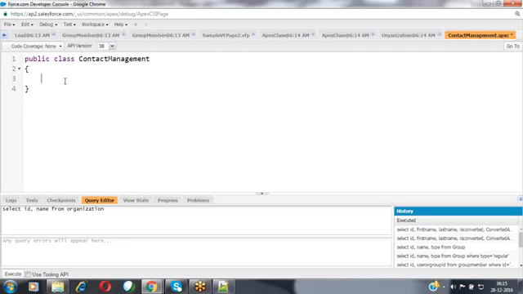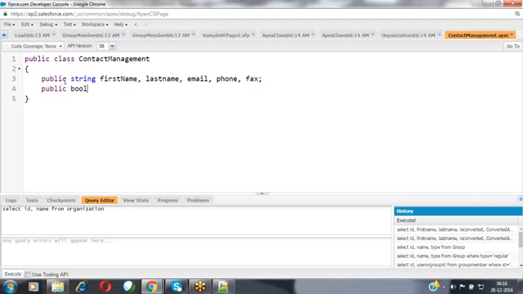Now let's see here. I'm defining some variables here. Public string first name, last name, email, phone, and fax. These are the variables that I have defined inside that.